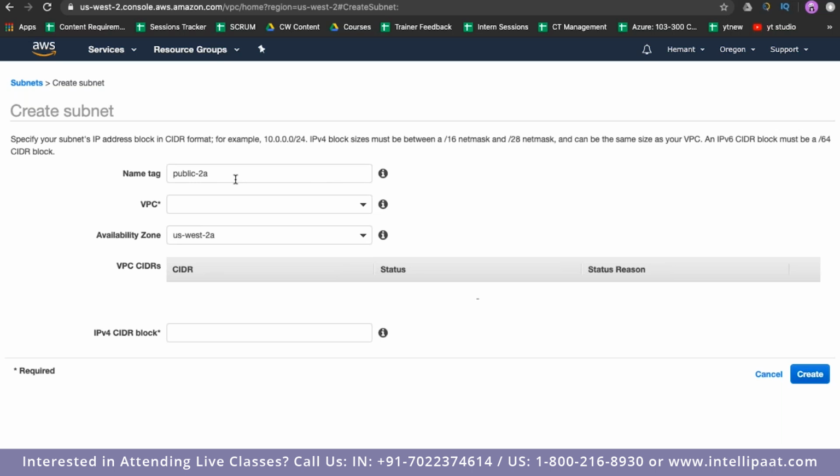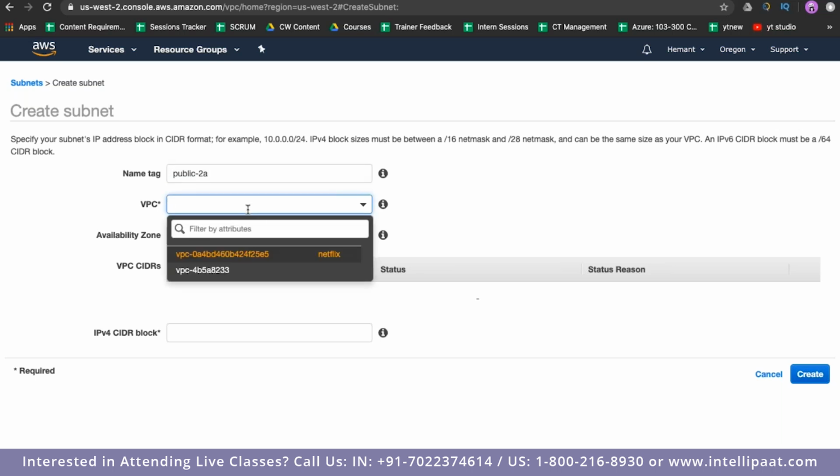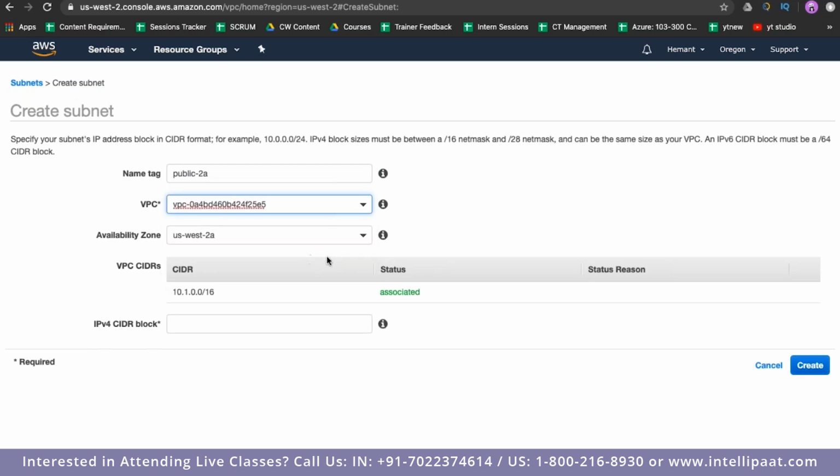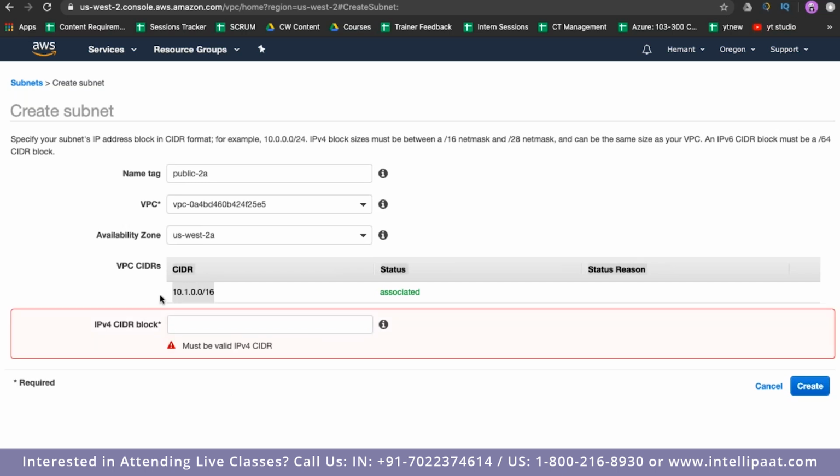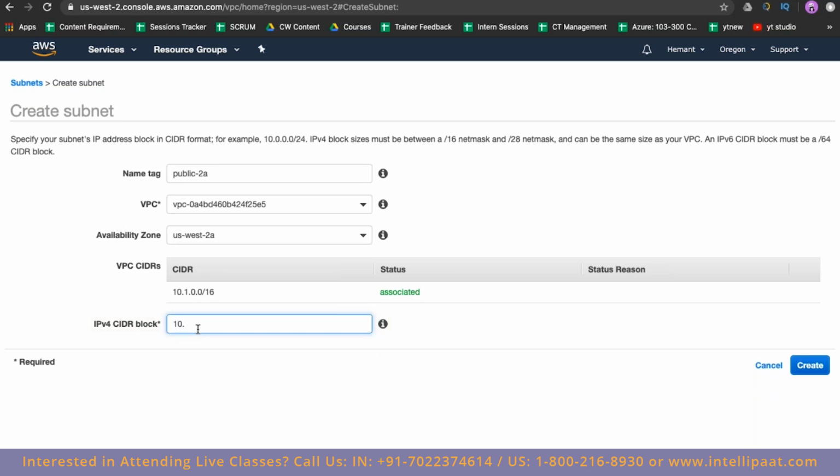And this subnet will be deployed obviously inside my main network, which is Netflix. So let me select that, right? And it is going to be deployed in the 2A data center. And let me specify the IP address range, which is going to lie obviously within the IP range that I specified earlier. This will be the IP range from which my resources will be assigned their IP addresses. Okay, so let me specify it as